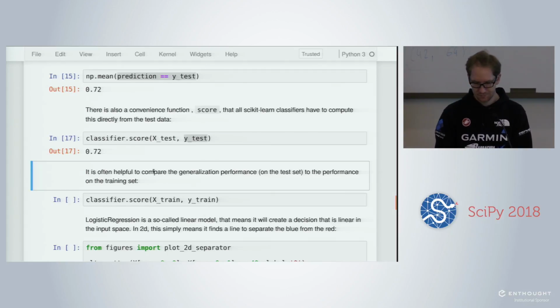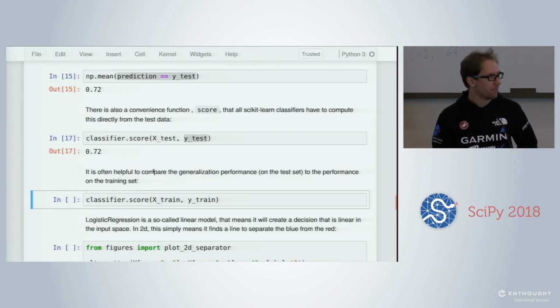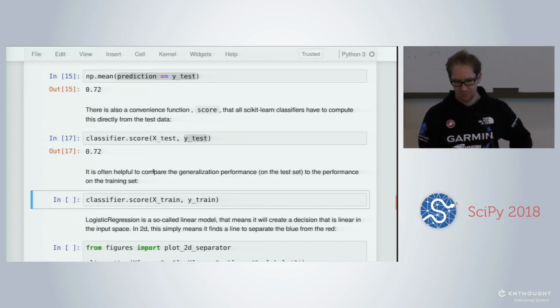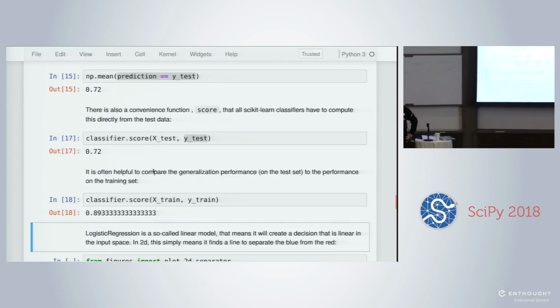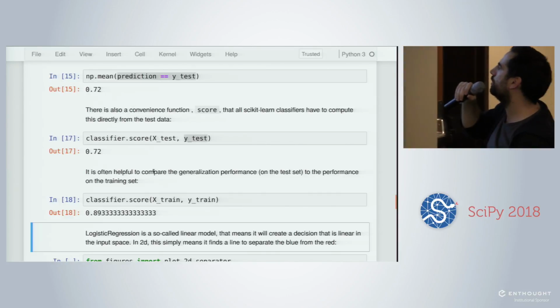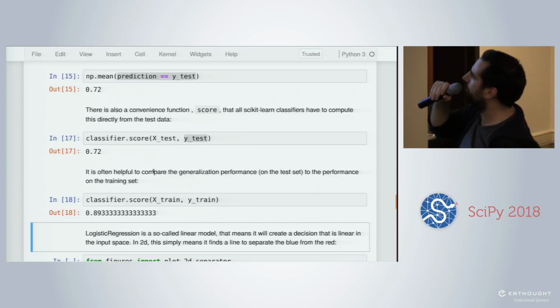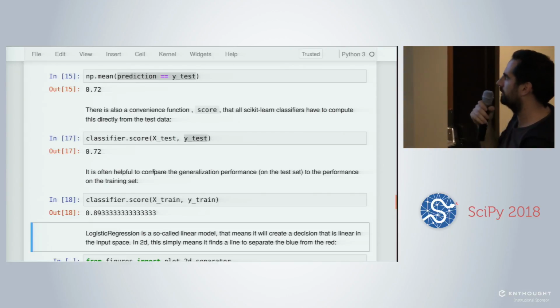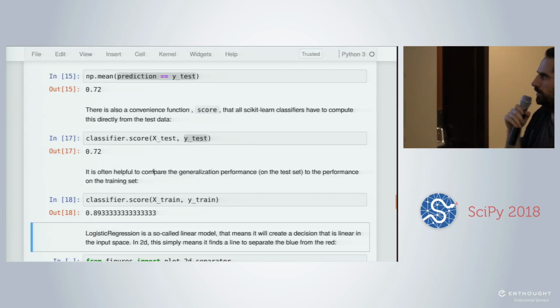What we want, the accuracy, is the proportion of true in that mask. When you compute np.mean, the NumPy mean, you can treat false as 0 and true as 1. It counts the number of ones and divides by the total number of elements. This works because Boolean values are integers.